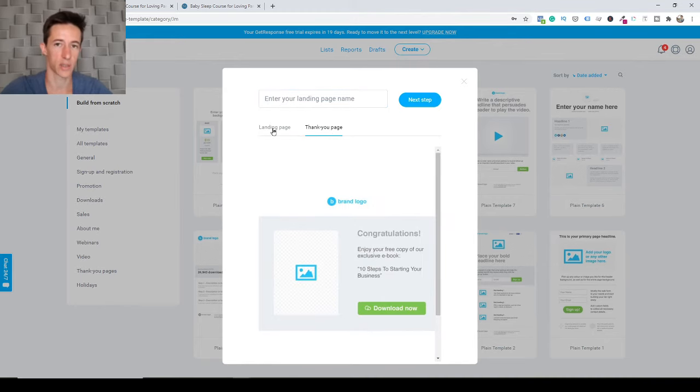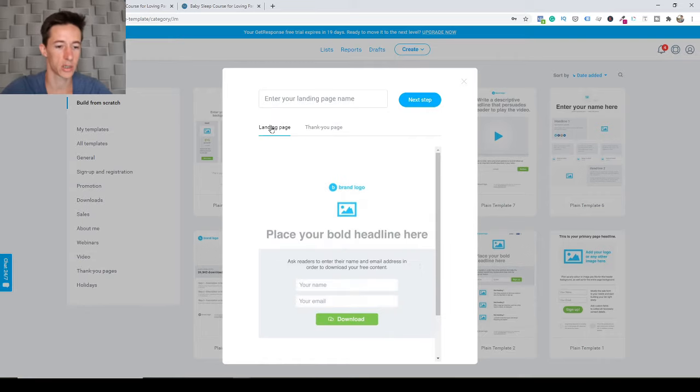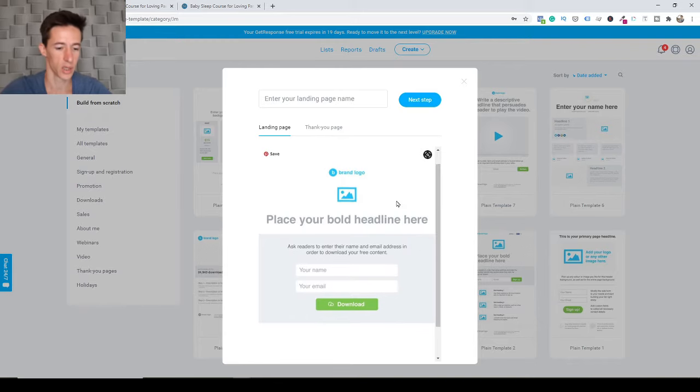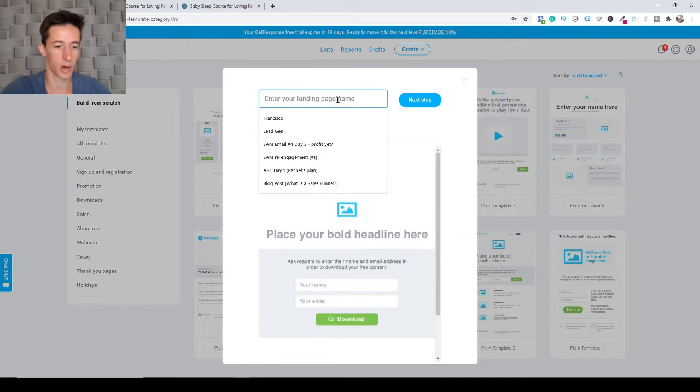This is another thing I didn't like in Aweber's landing page builder. You cannot edit the thank you page, sorry. In GetResponse you can build both from scratch, you can edit them, you can do whatever you want with both pages. So let's go and name our landing page